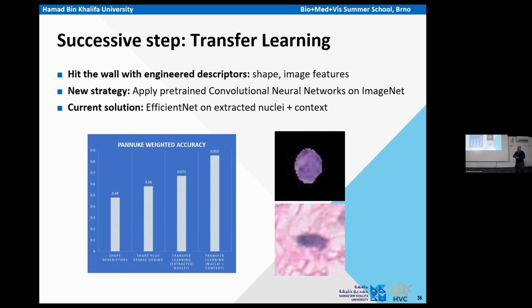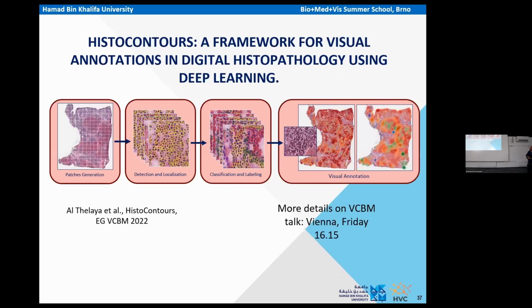to pre-trained convolutional neural networks, and we tried transfer learning. And then with transfer learning, with some tricks, we are currently at an accuracy of 85% on PANUC. And that's something that our student will more or less describe in detail